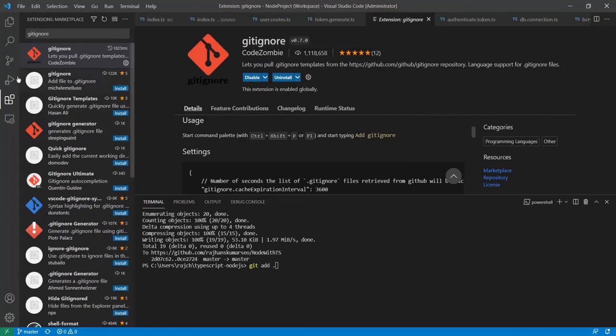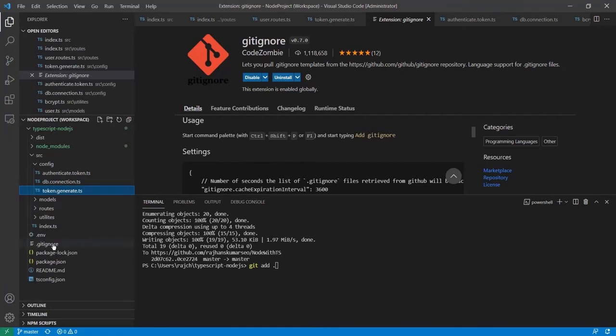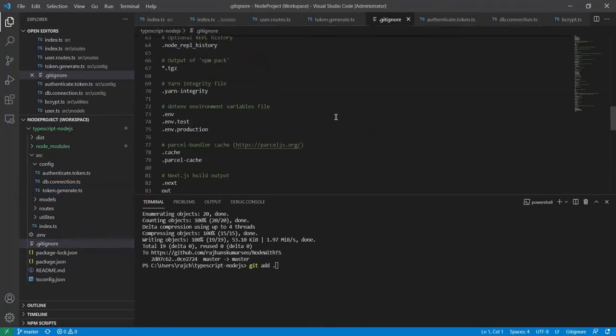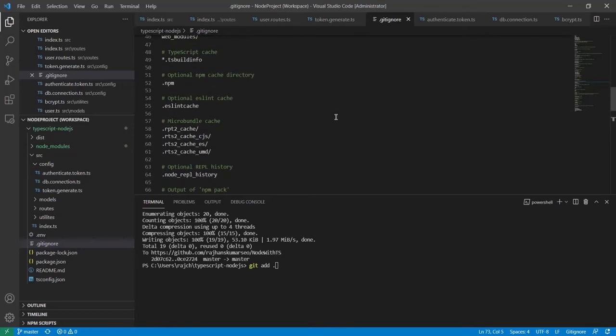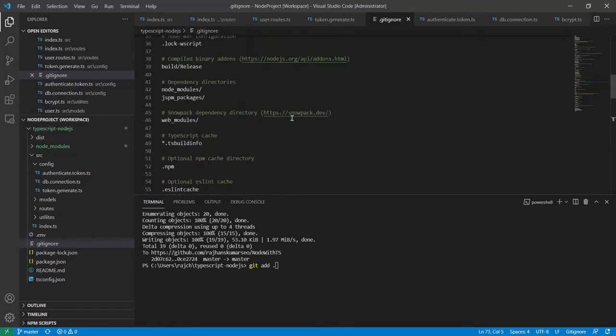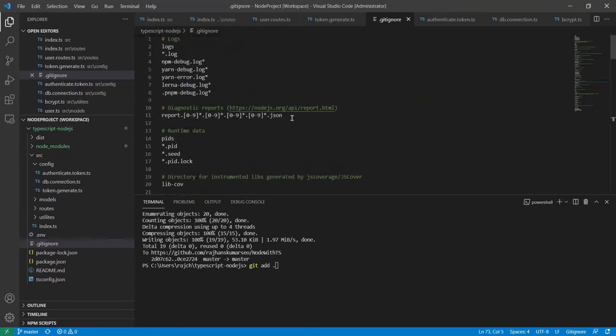But when I did not have any git ignore file, it added it here, and you can find all the code written, the templates generated for the Node.js project, because all of these files need not be pushed to Git and are listed here to be ignored.